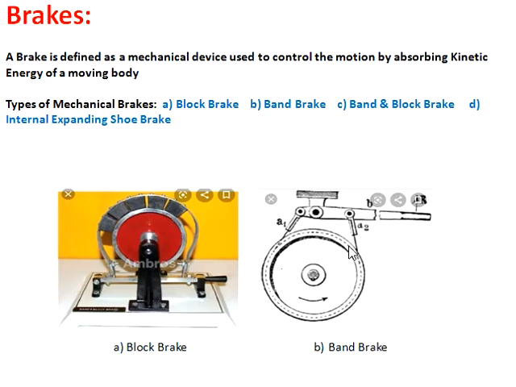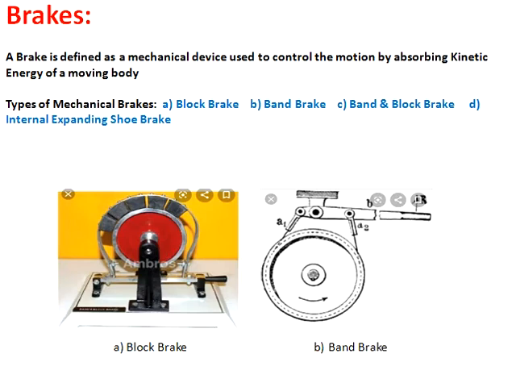In band brake, these blocks are replaced by a band. This band is connected to lever. We are applying force onto this lever. When you apply force, this band will be pressed firmly over rotating element. As a result, motion will be under control.